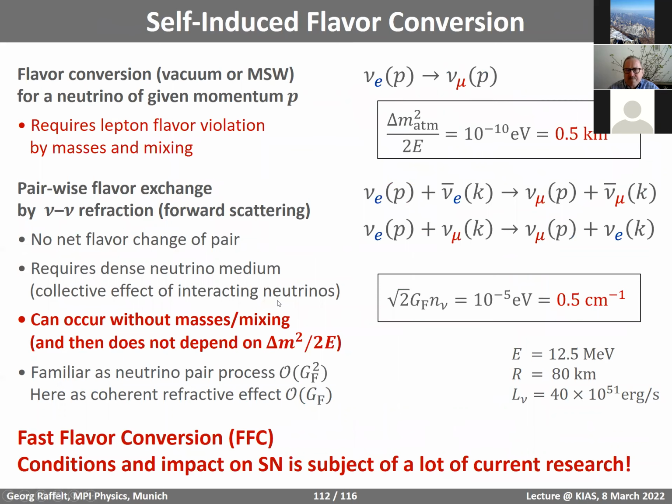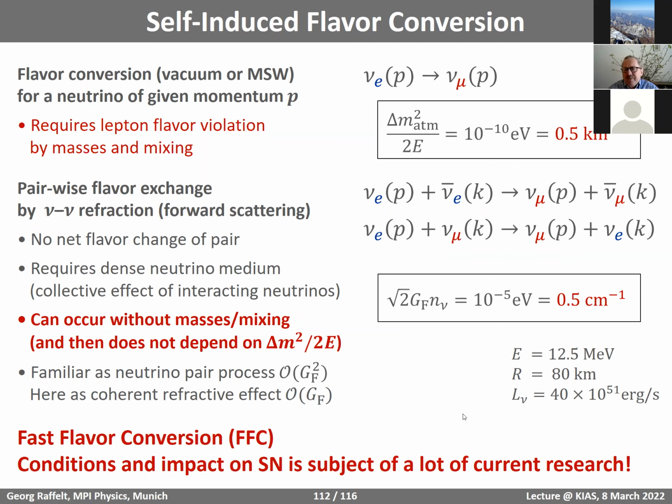So simply turning again to the self-induced flavor conversion. There is this effect of pairwise flavor conversion caused by neutrino refraction, where a neutrino pair can collectively convert to a pair of another flavor. And this can happen on a very short length scale or time scale deep inside the supernova. This is called the fast flavor conversion effect, which is the subject of very strong current